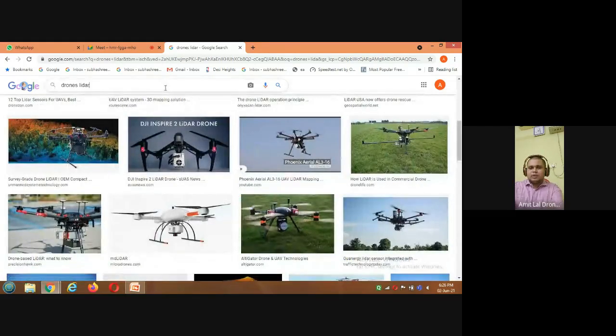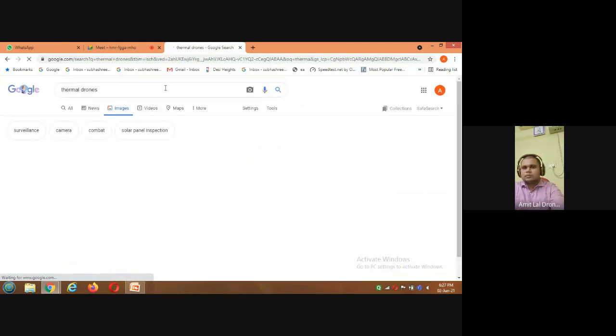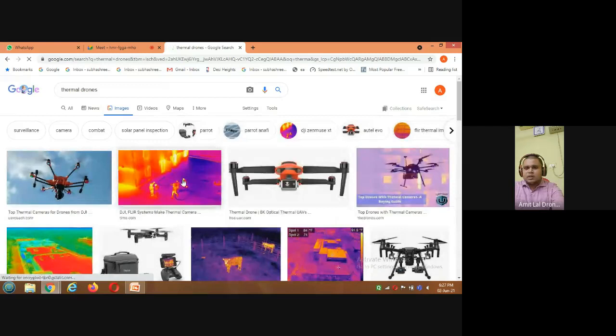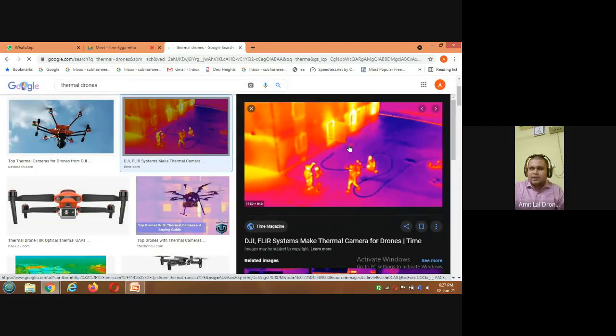Talking about thermal drones. See, from the image, you can infer that there is a building under fire. These people are being seen in red in the imagery. You can see the red demarcations. These are the people because they have a heat signature of their body, and that stands out in front of other things. For example, I'm sitting here. My body will have a different heat signature compared to the wall and compared to the chair. Similarly, they are being seen in a distinguished way, and this is how they are firefighting.